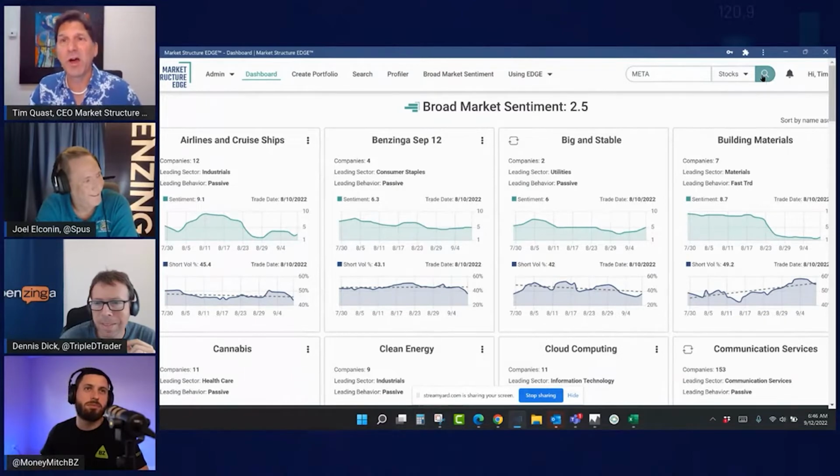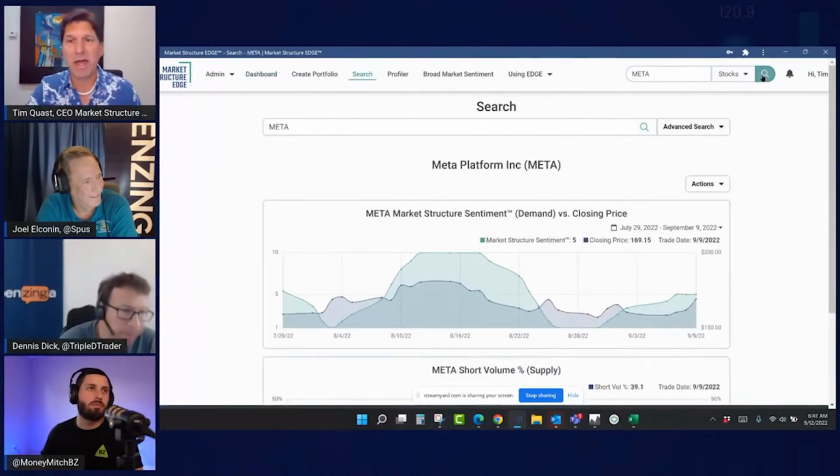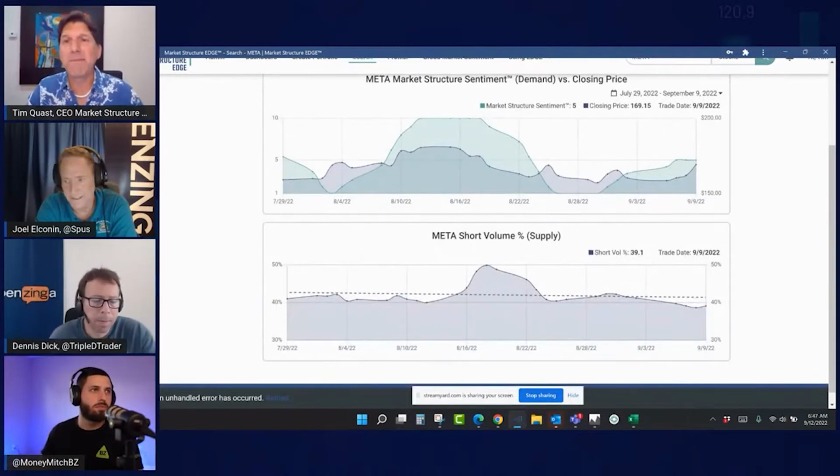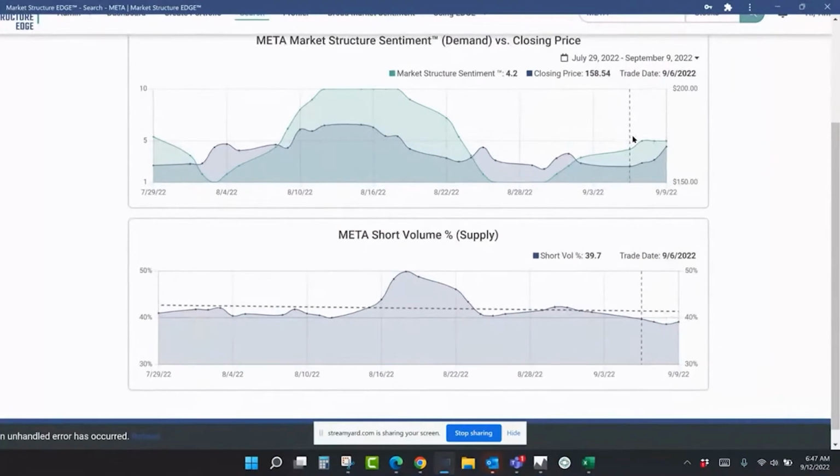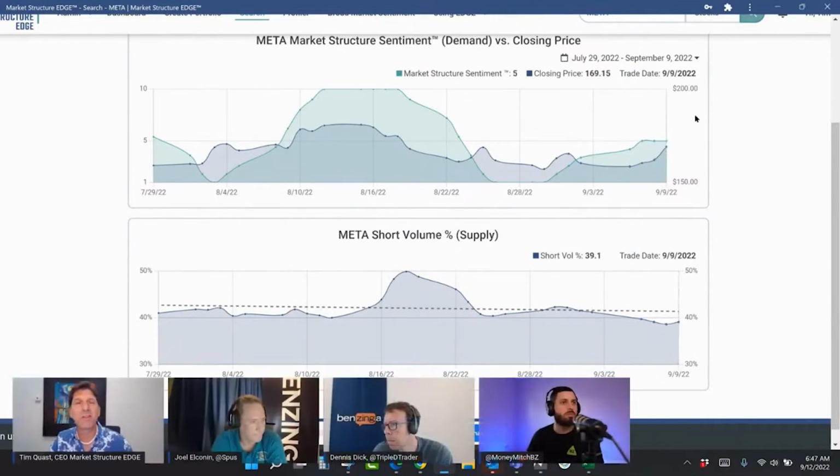I like to think of it this way, and I'll answer by looking at Meta. So why did I buy Meta? Well, demand was rising, and I didn't hold it long, two to three days. Here, the green part's rising, and it's at 5. That's what I call a big and stable stock. The supply side fell, but it ticked up Friday. Those conditions tell me you could continue to make money in Facebook and Meta because the supply side is still below trend. But that's the principle I look at.